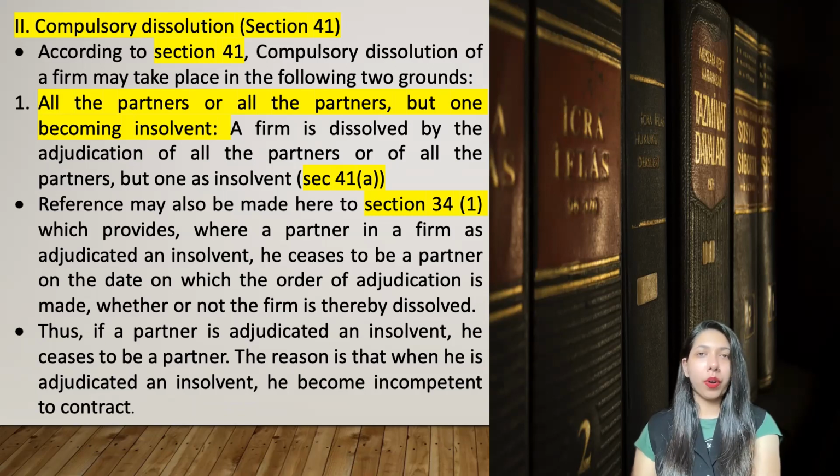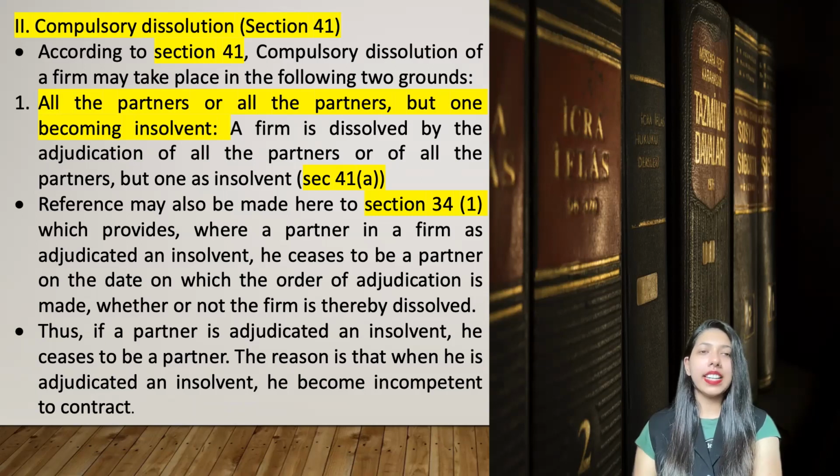Based on section 41 subclause A, it is defined that a firm is dissolved by the adjudication of all the partners, or of all the partners but one, becoming insolvent. So that is the point. If anybody of them is becoming insolvent or all becoming insolvent, that leads to a compulsory winding up of the